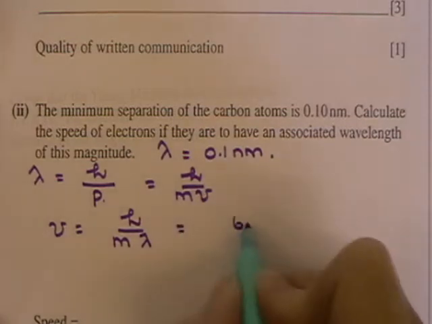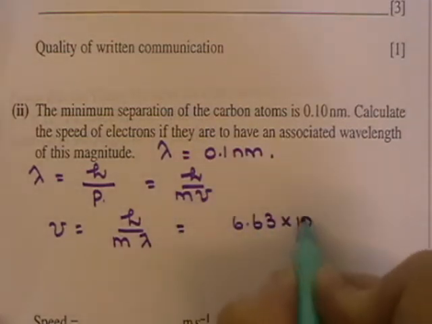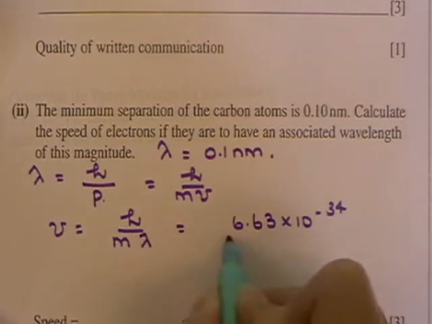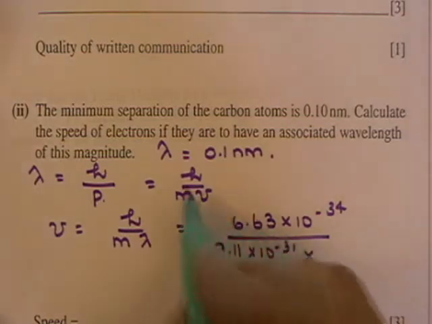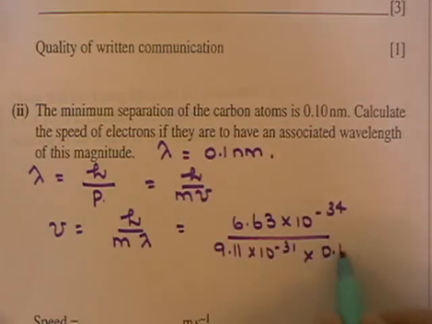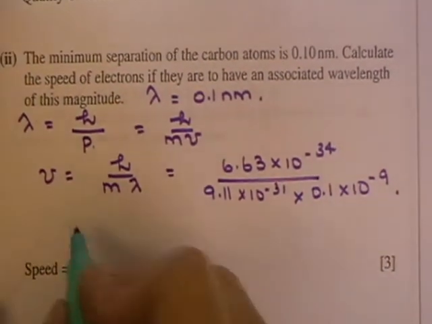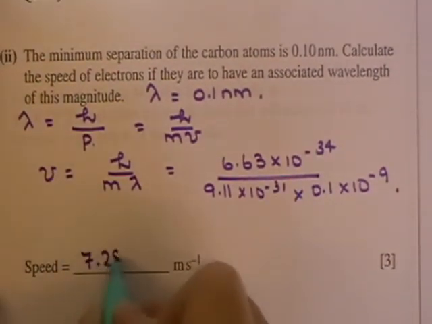So h is 6.63 by 10 to the minus 34. Mass of an electron is 9.11 by 10 to the minus 31. And the wavelength we're given here is 0.1 nanometers, by 10 to the minus 9. And that's going to give you an answer of 7.28 by 10